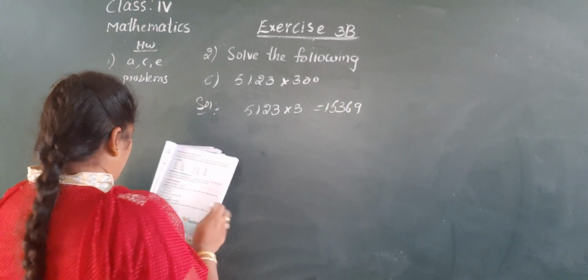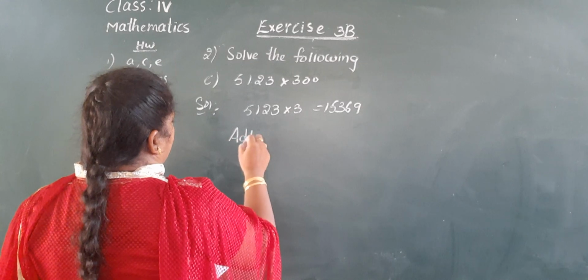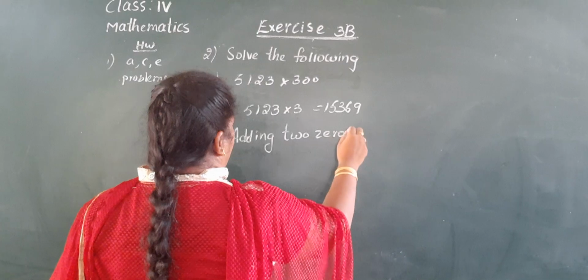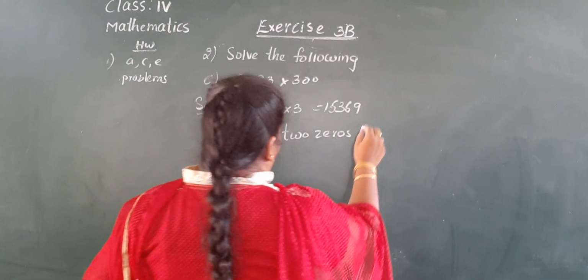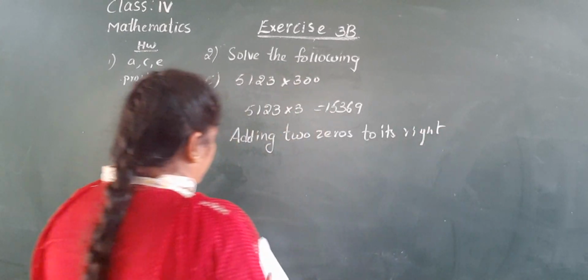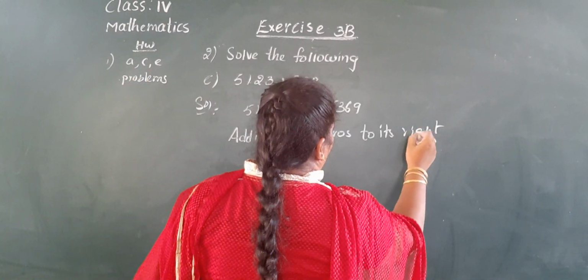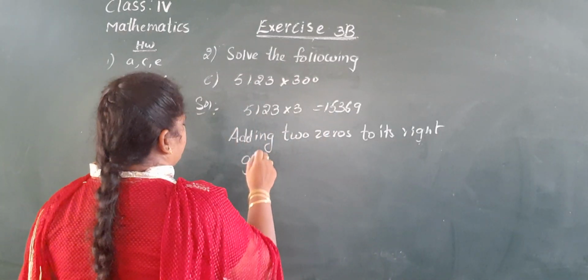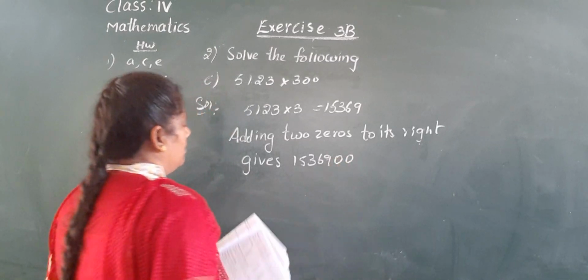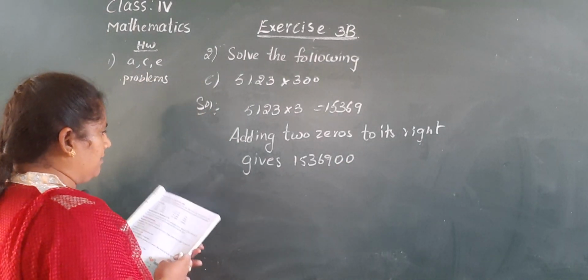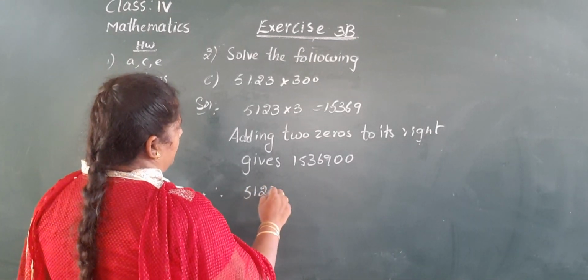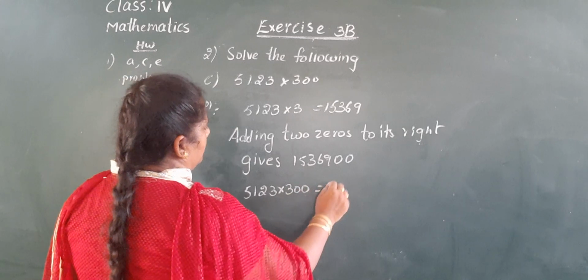Okay. Now add 2 zeros. Those who can't understand, you write the steps also. Adding 2 zeros to its right gives 15,36,900. Therefore,